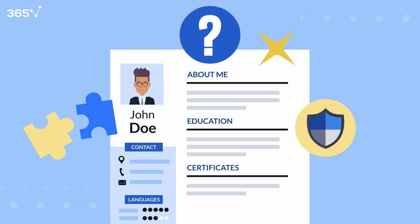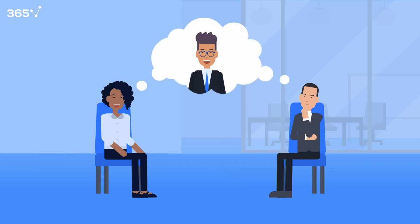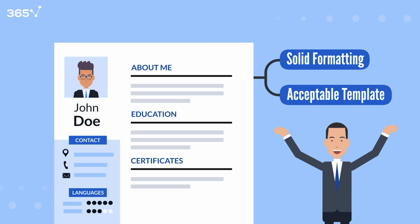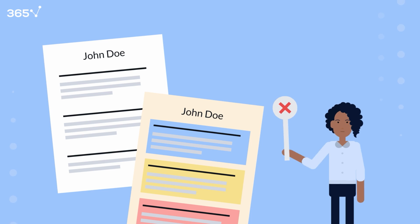It starts with understanding what recruiters and hiring managers are looking for. First, they want to see solid formatting, demonstrating your ability to deliver professional work. That's not too difficult to do, even if you don't have much experience. Use an acceptable template in the industry and ensure it still looks good after filling it in. A plain or weird-looking resume won't capture much attention, and sounding unprofessional ensures a recruiter dismisses it in less than